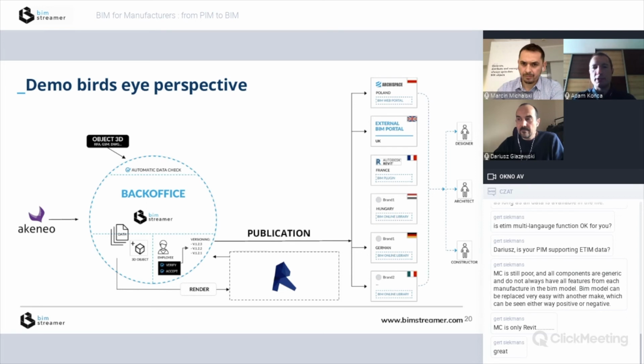During the synchronization process, so the connection of the 3D objects with the data, the plugin is using native Revit functionalities for injecting the attributes into the master Revit file in a dedicated language with dedicated geometry, and